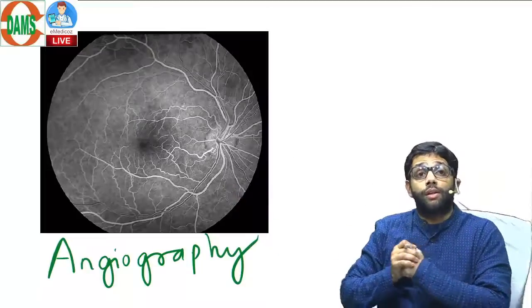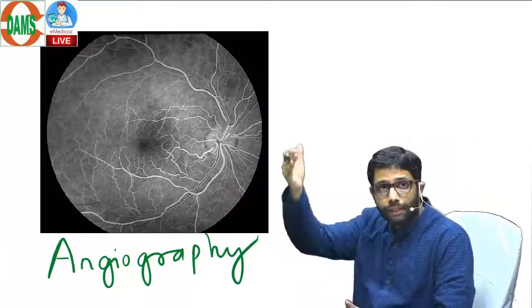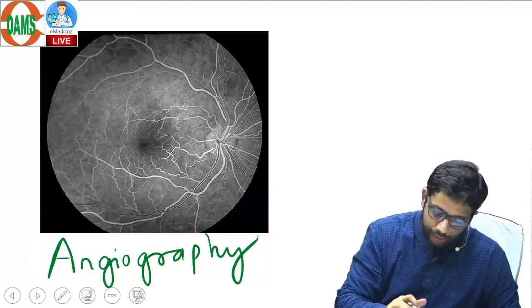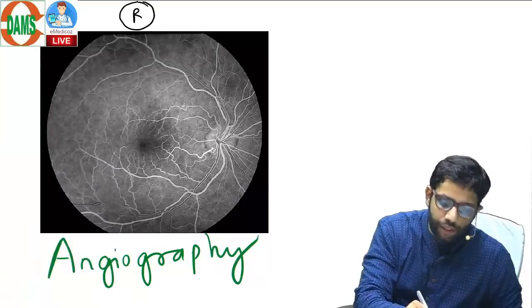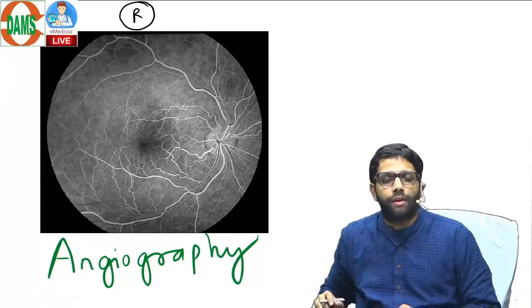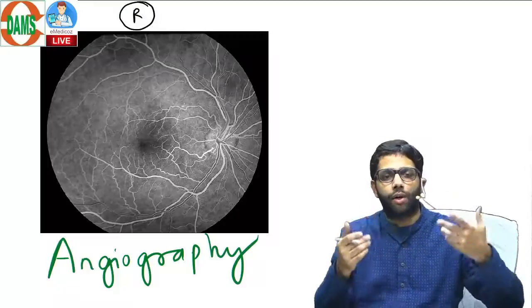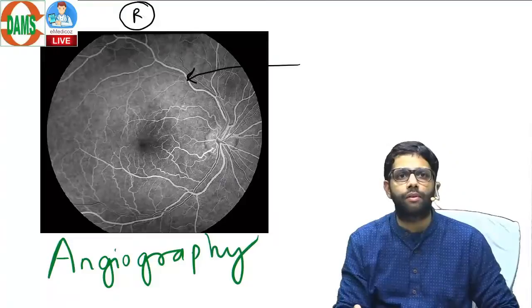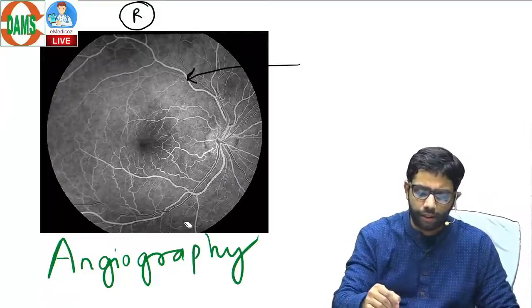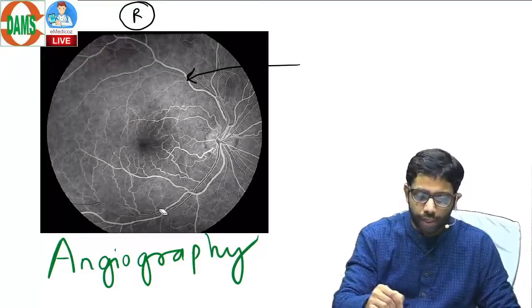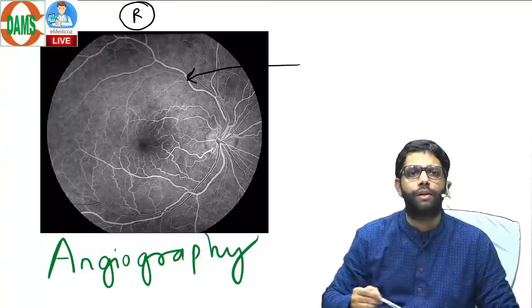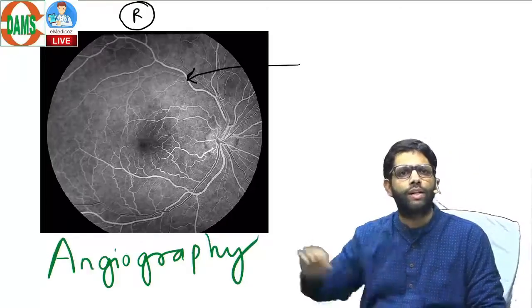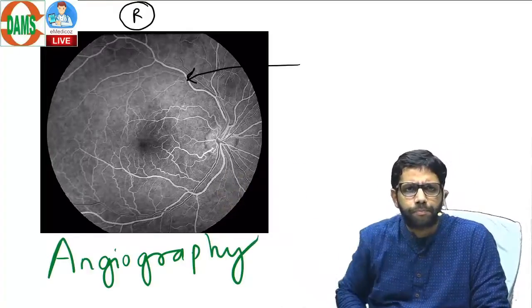For example, now let us see this angiography. The technique is there, now understand. This is the right retina, right fluorescein angiography. You are putting dye in the antecubital vein, it is going into the retina and choroidal vessels. These vessels which I am marking are retina vessels. You see everywhere in the retina, artery and vein. And choroid is behind, everywhere behind is a choroid. So the dye is going into the retina vessels and the choroidal vessels. But why is it not coming out? That's the question. Why is it not coming out of the vessels of the retina and choroid?